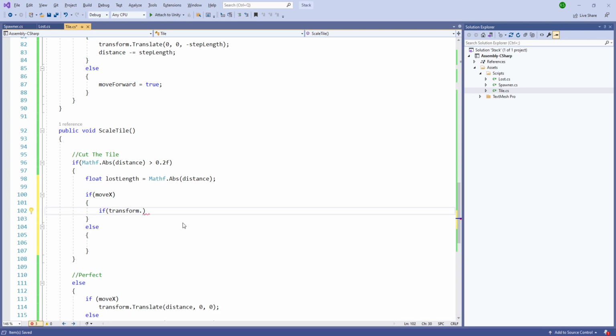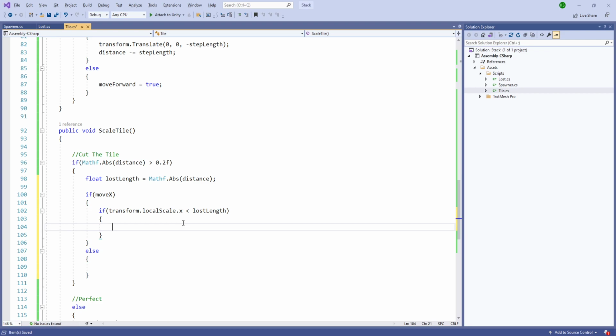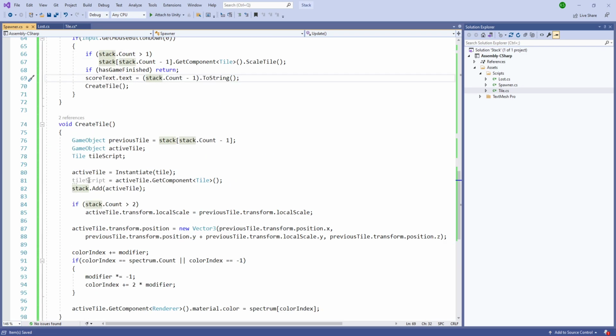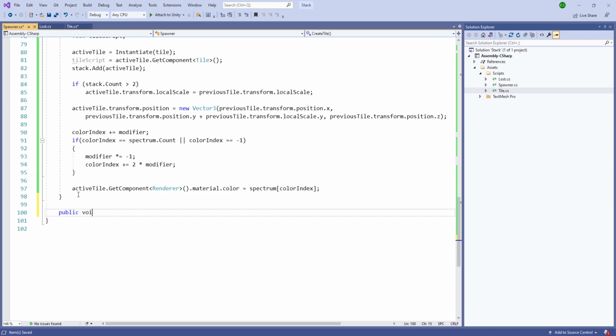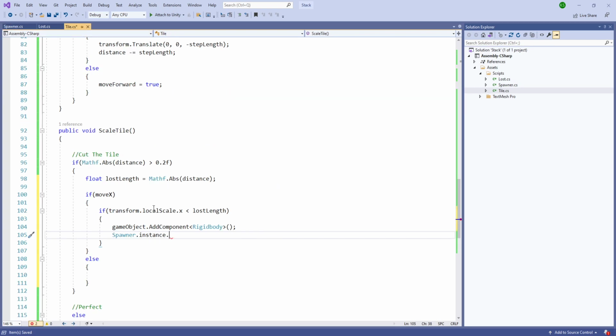Now let's do the dot scale dot x, and this lost. How much we are losing possible, and we'll do add component and we'll add the rigid body, and we'll call the spawner dot, let's create the game over. So we'll call the game over function, and after that,